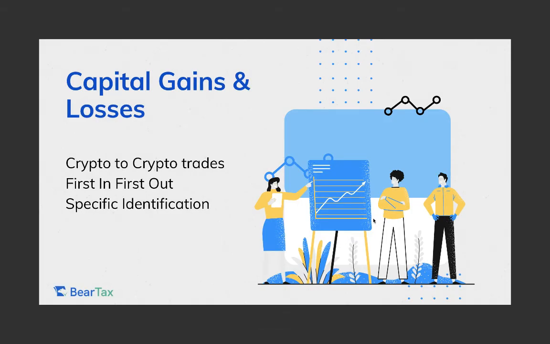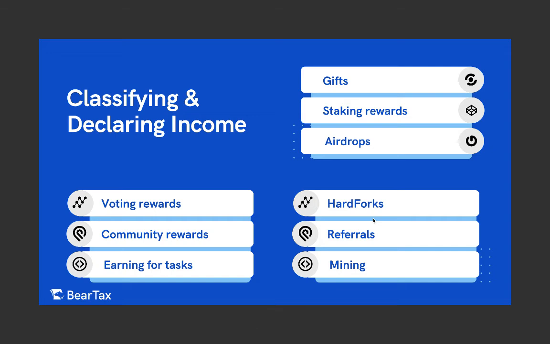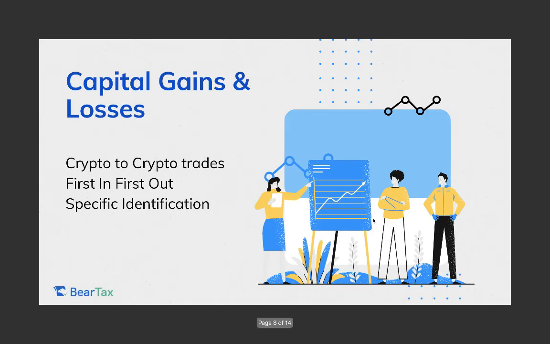So for all those things, you have to calculate in USD how much of it is worth based on the timestamp when you received it, and declare that much USD as your income. So after income, it's the capital gains or losses. As I said, to be compliant, you have to declare your income, and the next is you have to calculate your capital gains or losses.